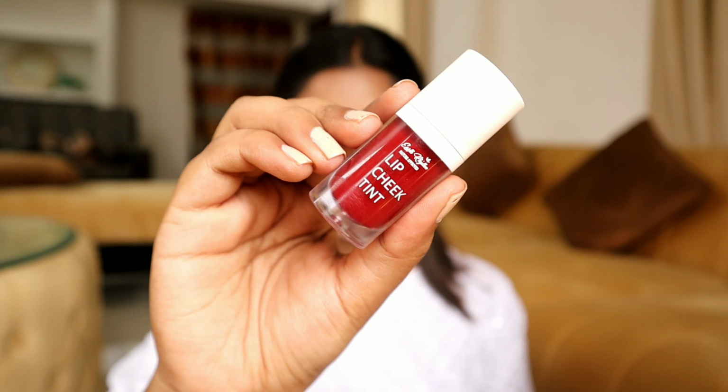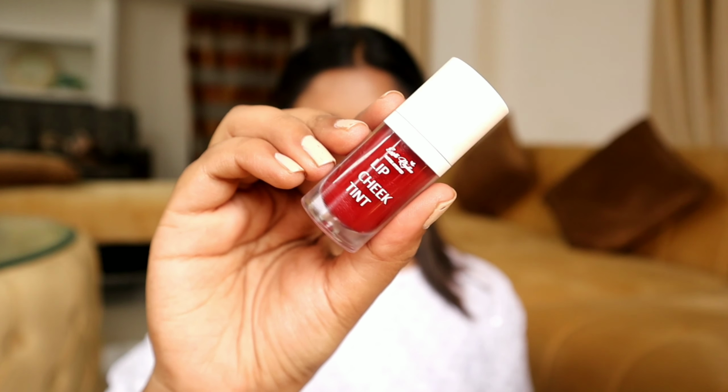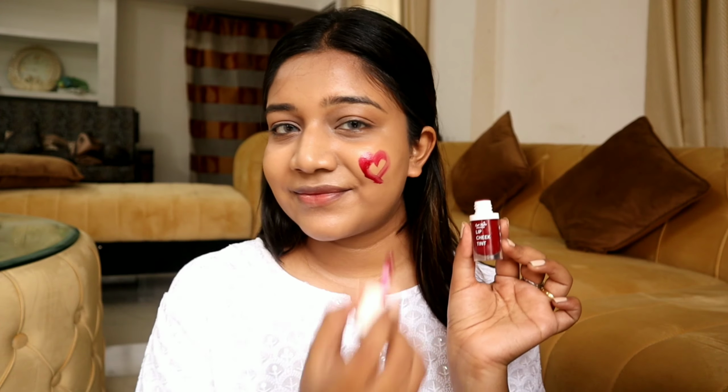Now using the Earth Rhythm Lip Cheek Tint, and this is a very beautiful product. It's in the shade Brandy. It is cruelty free, superly pigmented and I just love its formulation क्योंकि ये इतना smooth और इतना natural finish